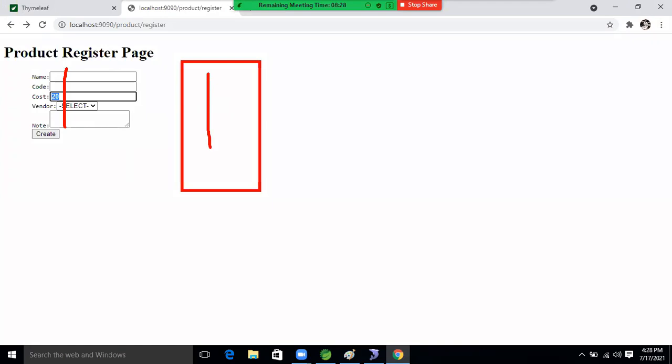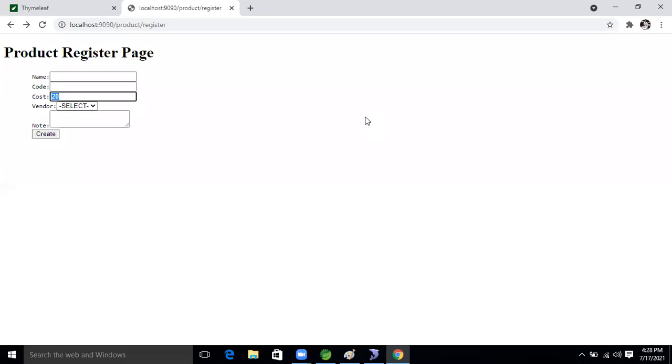I hope everyone remembers. But in the controller class, how will we read this object? By using the model attribute, the @ModelAttribute annotation. Good.